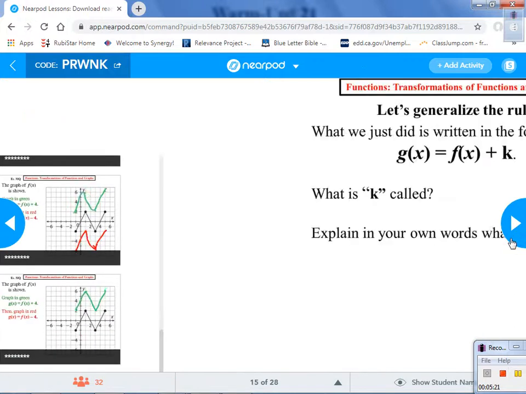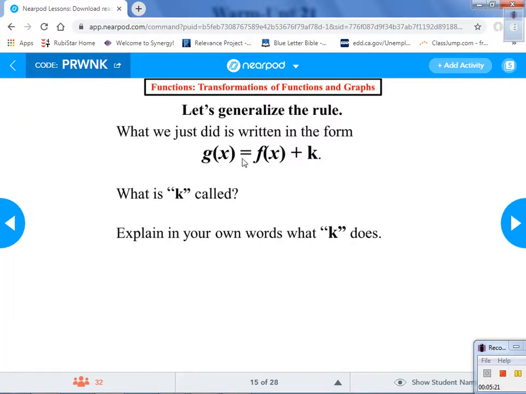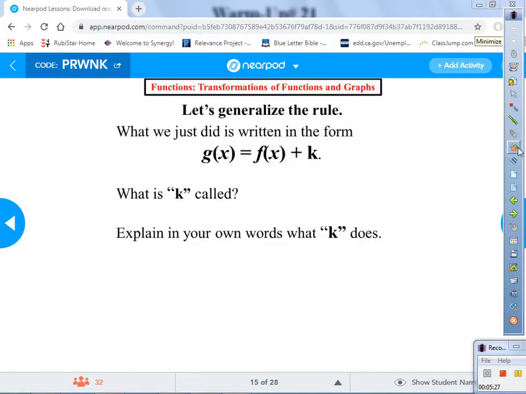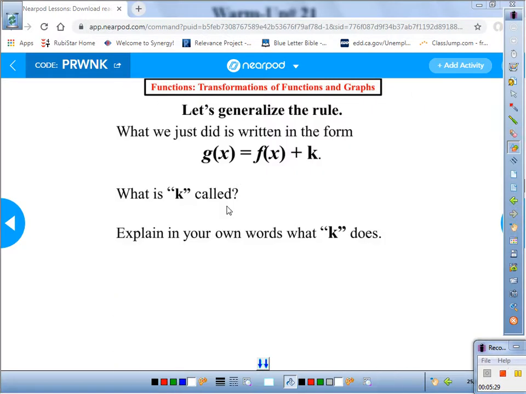So with that said, copy this down, please. g of x equals f of x plus k. Now, some of you are saying, why are we writing this, Mr. Q? Because in order to do transformations for functions, there's an actual formula to use. But the formula has a lot of parts. So right now I'm starting with some small parts, one at a time. Then I'm going to start putting them together, kind of like the